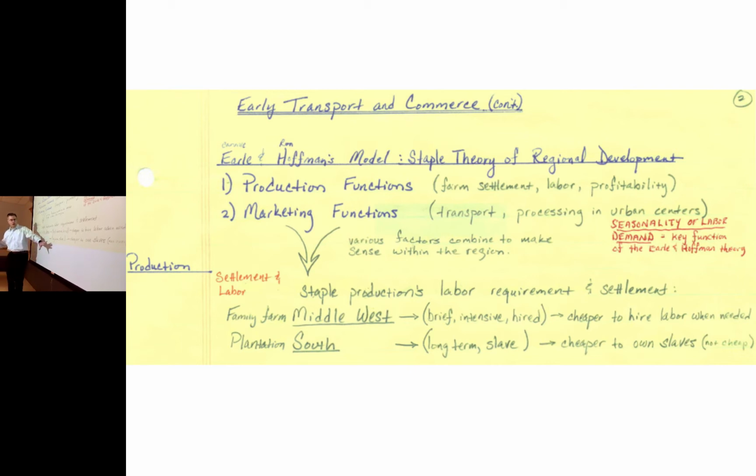Plantation South, tobacco or cotton, particularly cotton. Most plantations were not just producing the staple crop. Most plantations were actually quite varied in their production. In fact, most plantations, if they were cotton plantations, didn't devote even half of their total land to the production of cotton. And that's kind of weird if you've ever been to